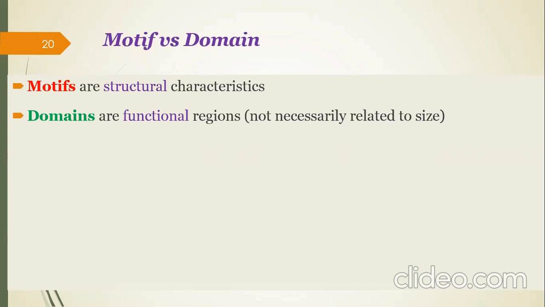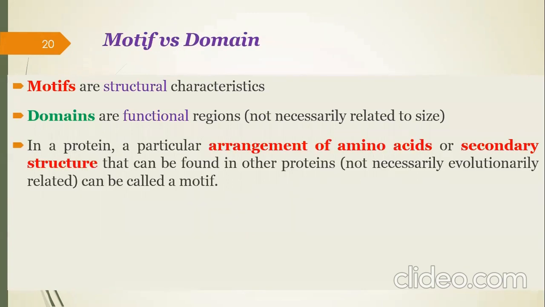अगर हम function की बात कर रहे हैं, किसी specific motif के function की बात कर रहे हैं, so we are referring to the domain. अगर हम किसी specific sequence की बात कर रहे हैं, तो we are referring to the motif. And in a protein, a particular arrangement of amino acids or secondary structure that can be found in other proteins, not necessarily related, can be called a motif. So दो या दो से ज्यादा सीक्वेंसेस में अगर कोई अरेंजमेंट ऑफ अमीनो एसिड या सेकेंडरी स्ट्रक्चर है और वो कॉमन है,